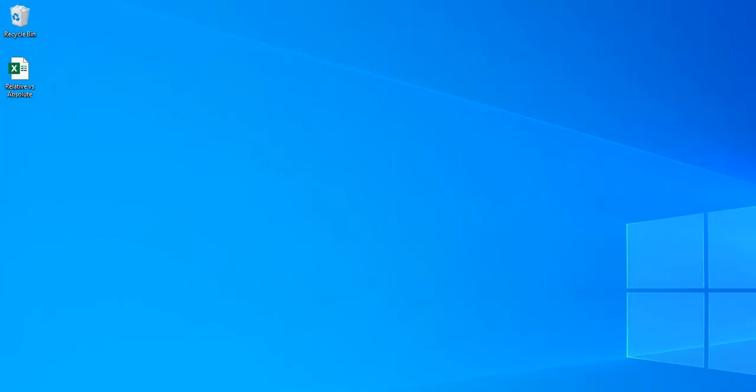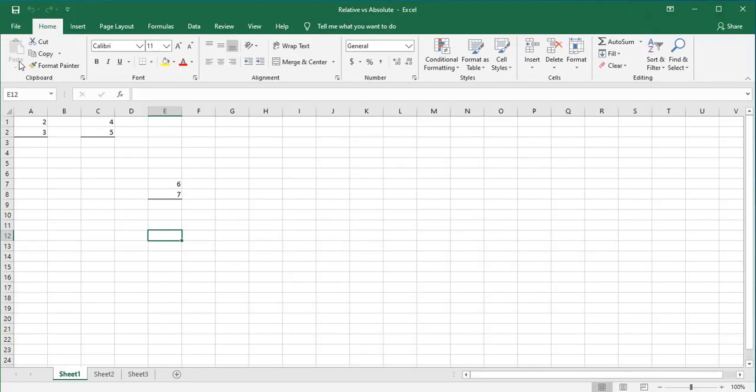Today we're going to talk about relative versus absolute references. Let's open up this workbook I've prepared. I would consider this to be a pretty crucial topic if you want to save time and set up nice spreadsheets with inputs and outputs. So I've laid out some math problems here. Let's go ahead and use the Autosum feature